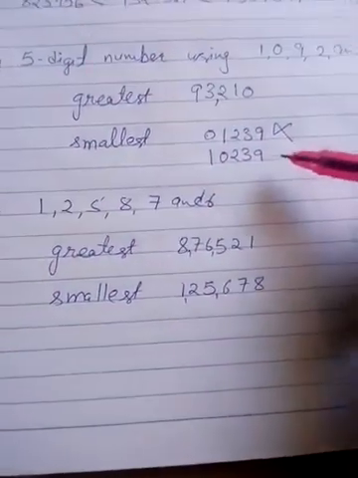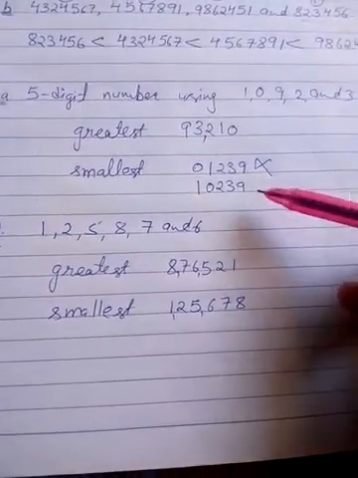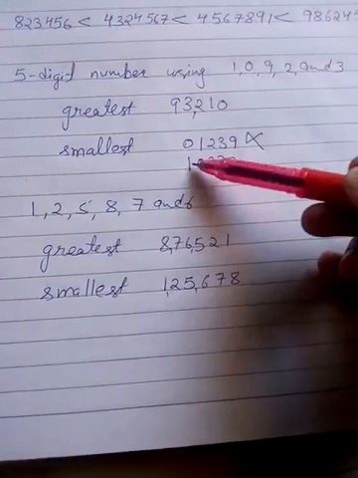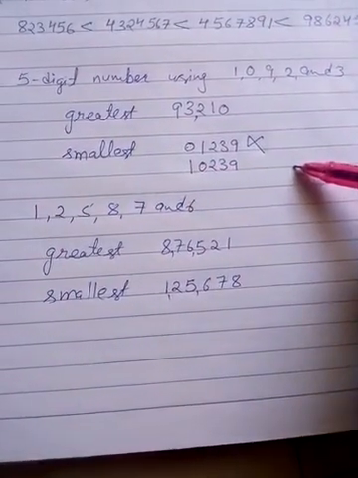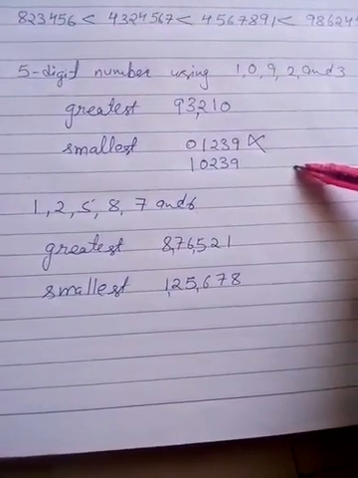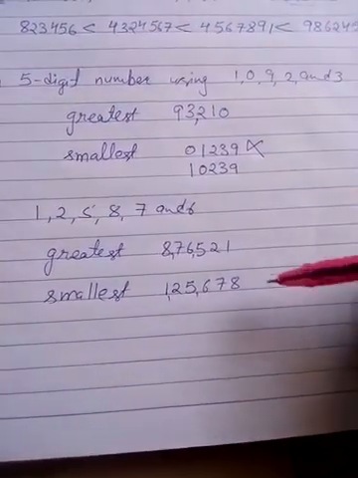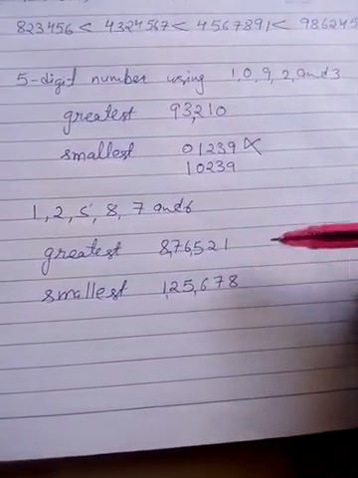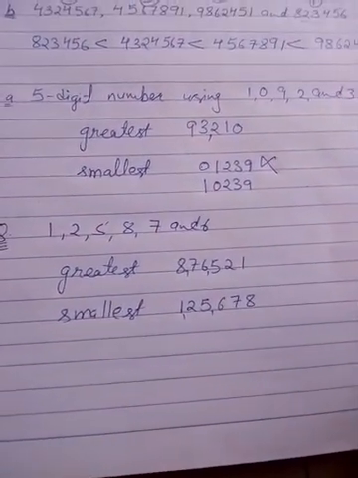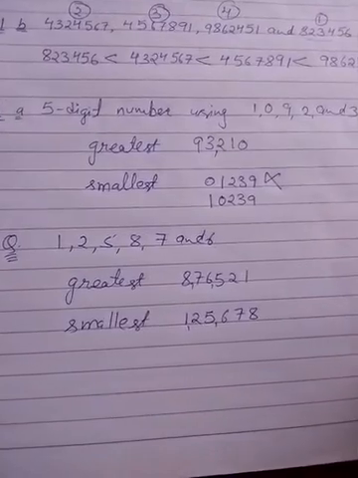Only in case of 0 you have to write the digit which is just greater than 0 first, and then form the other digits in increasing order, but not in the case of 0. If 0 is not a digit, then there is no problem for you all. Okay, so I hope you all can do it.